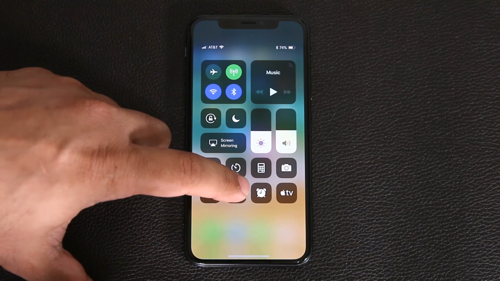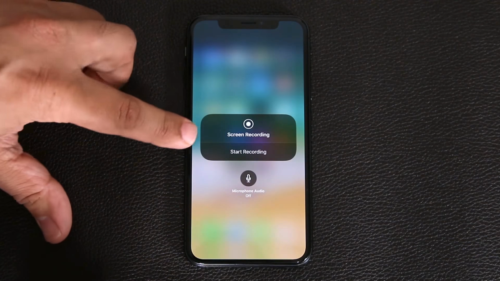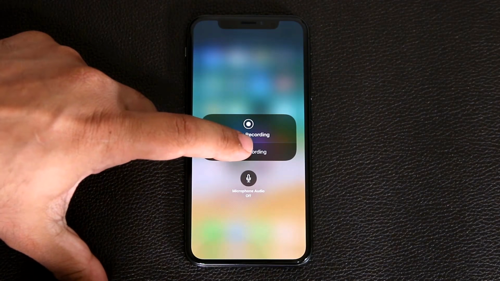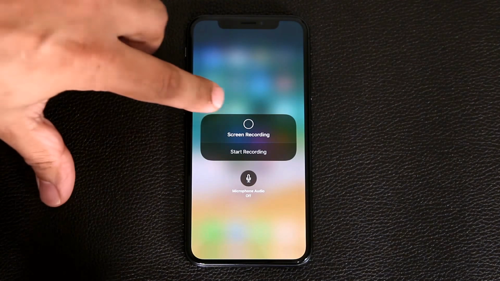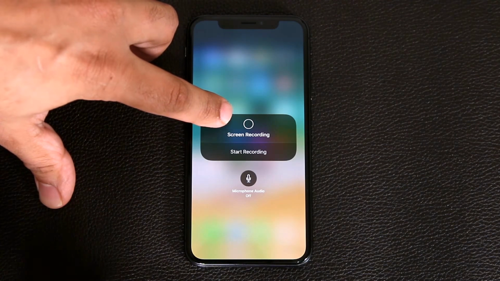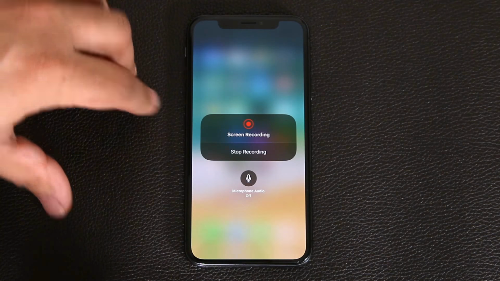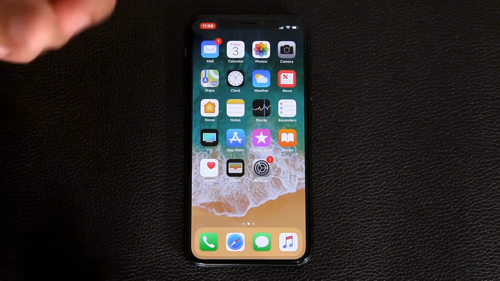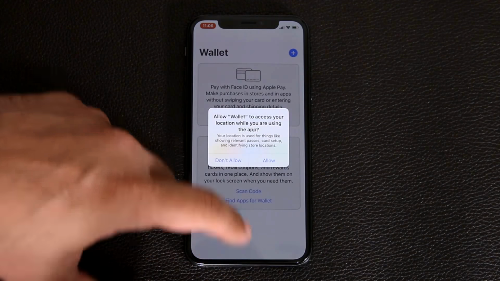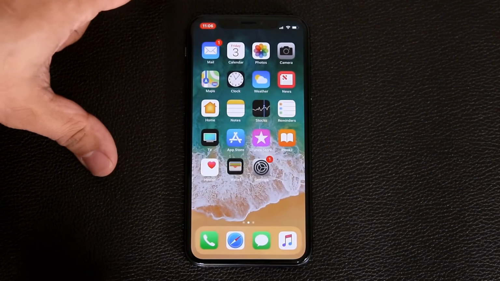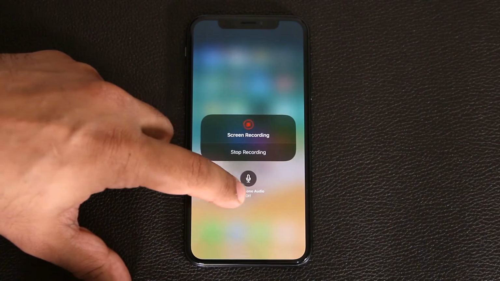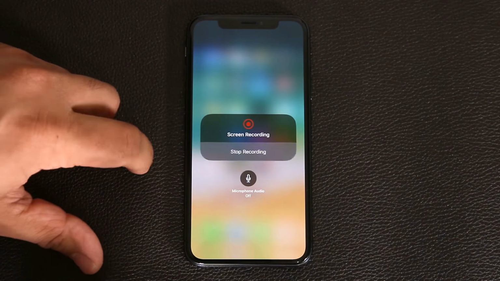And with the screen recording option, I can press and hold, and I can actually start to record everything that I do on my screen. So if I tap Start Recording, it's going to say 3, 2, 1, boom. So the recording starts. I can go back out, launch something right here, then go back right in, click Allow, go back right in. And then I can pull that down one more time, press and hold, and tap on Stop Recording,